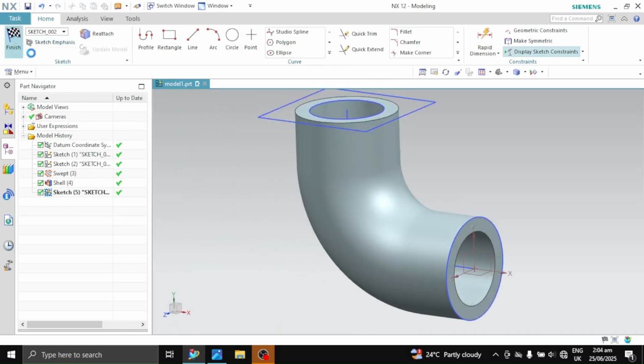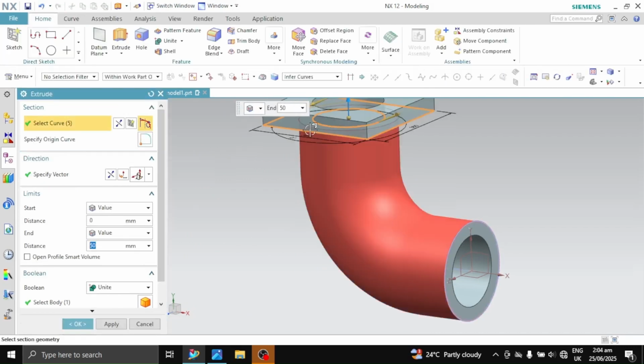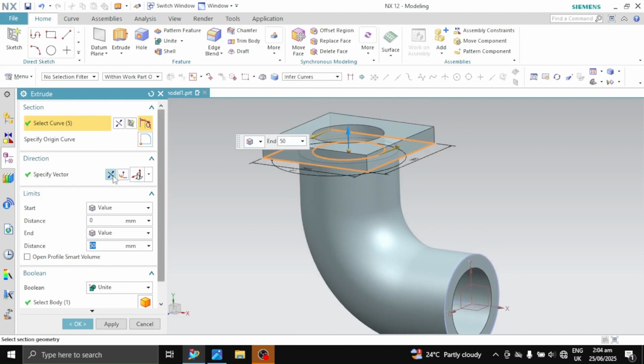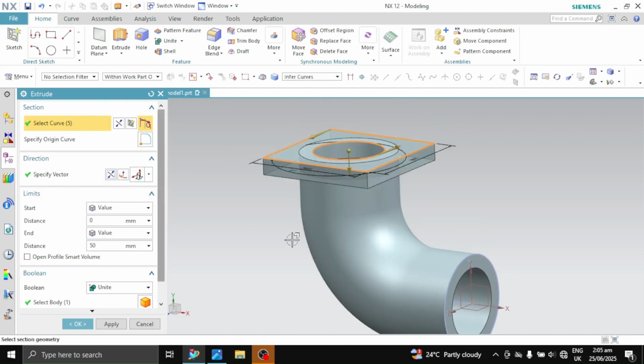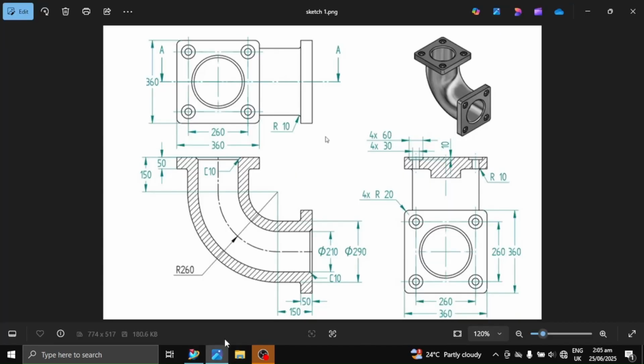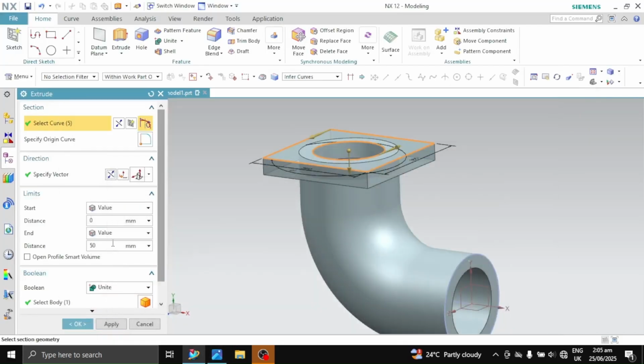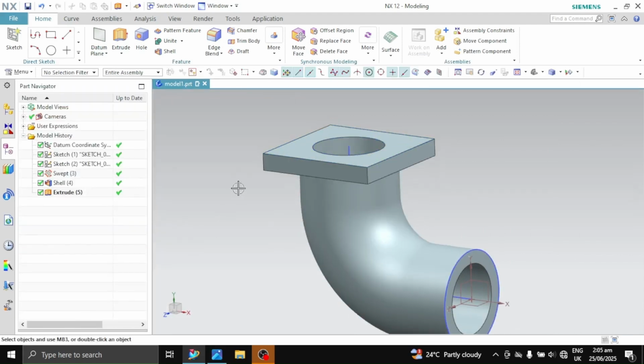Click on finish sketch, and you reverse the direction to go inside, and the extrusion distance should be 50 millimeters, which is already here, and we unite with this body and click OK.